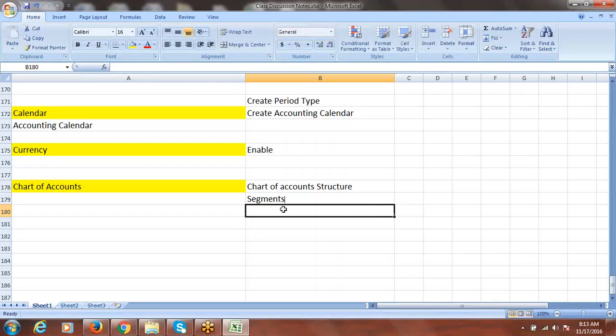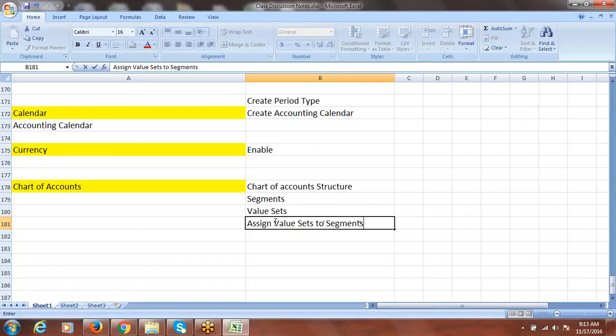We'll create segments and we'll create value sets, then we'll assign value sets to segments, and we'll assign flex field qualifiers to segments.